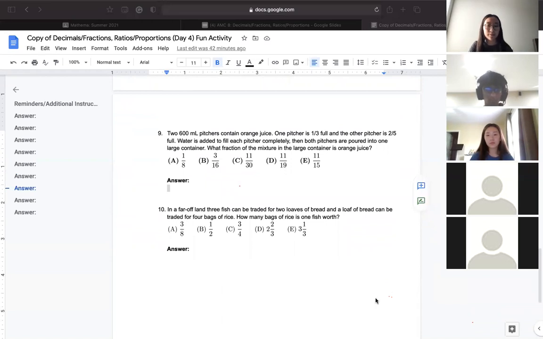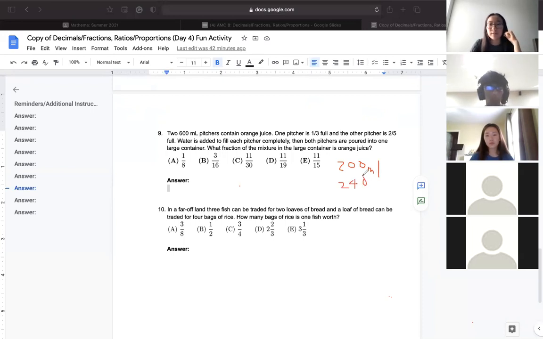Okay, so number 9. This one is pretty simple. So 2 600 milliliter pitchers contain orange juice. One pitcher is 1/3 full and the other is 2/5 full. So we can just find out exactly how many milliliters are orange juice. The first one is 1/3 times 600, which is 200 milliliters. And the second pitcher is 2/5 times 600. So that would be